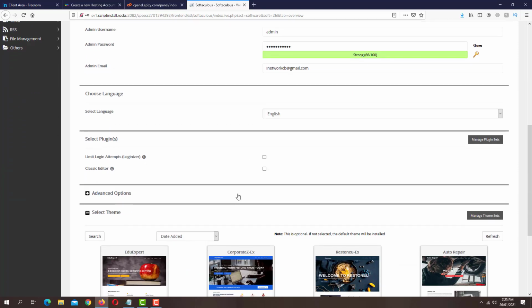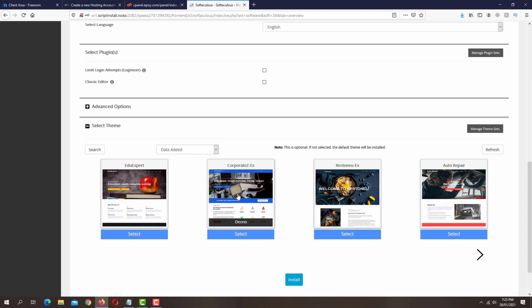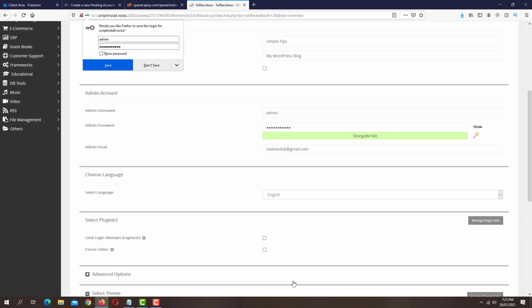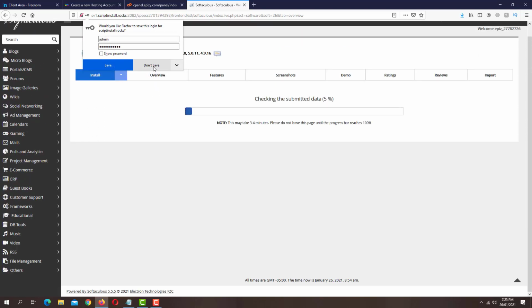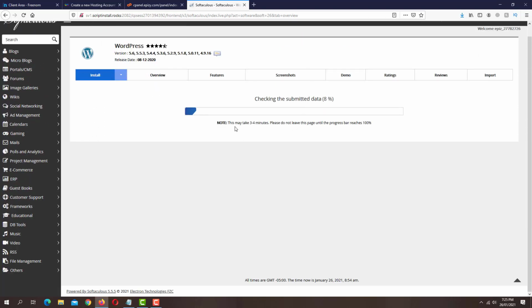Now once you do that, just keep the other things as it is and click on install button. Now this may take 3 to 4 minutes to install the WordPress on our domain.